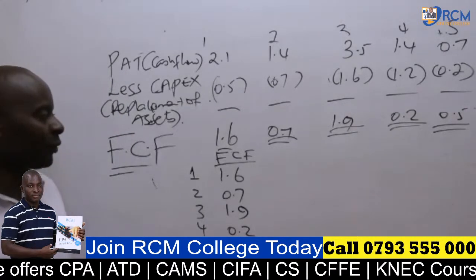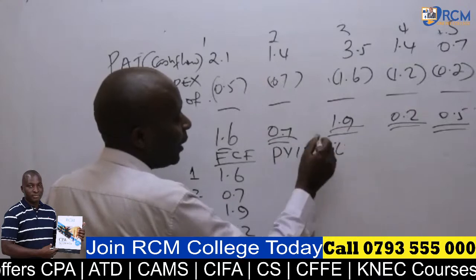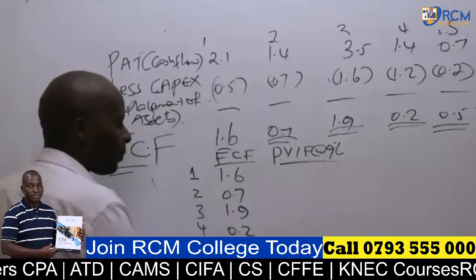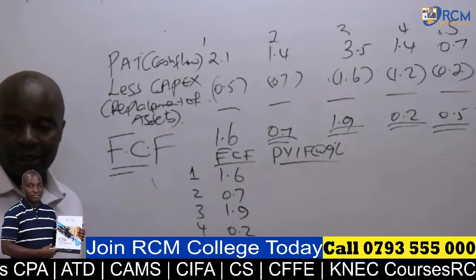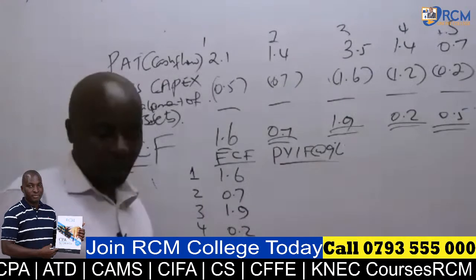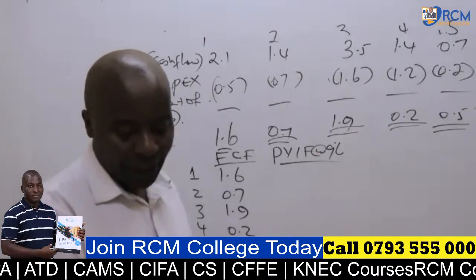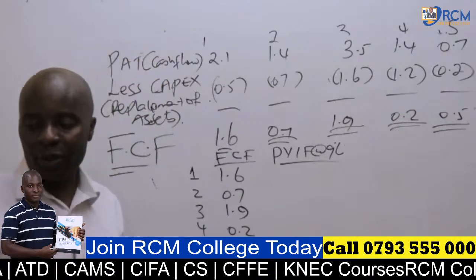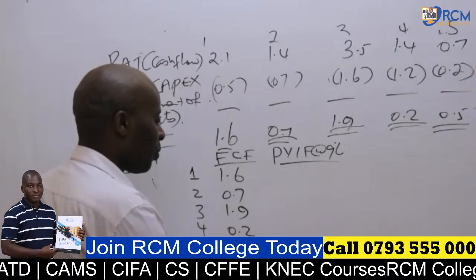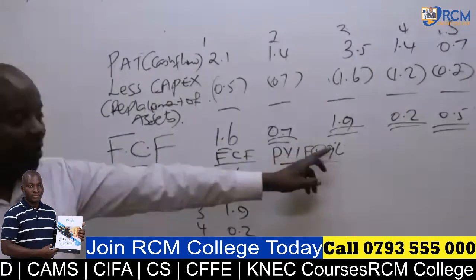And remember, in infinity cash flow, I need to know what I'm going to use to discount. The present value interest factor at 9%. So this one will be 0.5 times 1 plus the perpetual growth rate. They have told us in note number 4, after 5 years, the net cash flows of Best Limited shall increase at a constant rate of 6%. Thank you very much, Bernard Kirui. So we have plus 0.06, all over